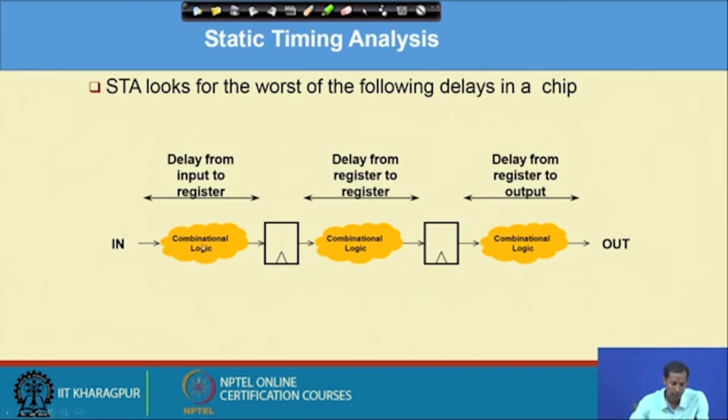Why are these three different, and when will these three be merged? If these registers are not there, then the total delay will be the delay of C1, the delay of C2 plus the delay of C3. But as I have put these registers in between, this data dependency has become